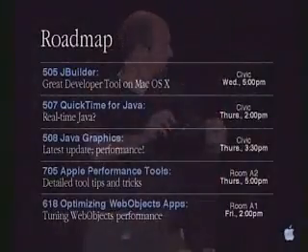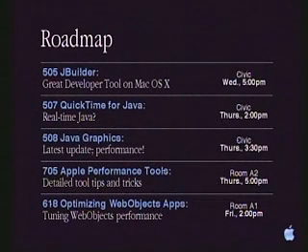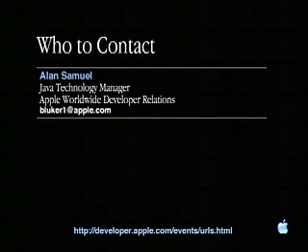There's a little slide with the roadmap of the relevant talks that are coming up following this one. There's a demonstration and talk about JBuilder that you might want to go to in the Civic Center just after this talk. And then some of the other ones, QuickTime for Java. As I mentioned in my bit, Apple Performance Tools, that'll give you more information about the performance tools if you're specifically interested in that. So what we'll do now is we'll have a quick Q&A session. I'll invite the rest of the